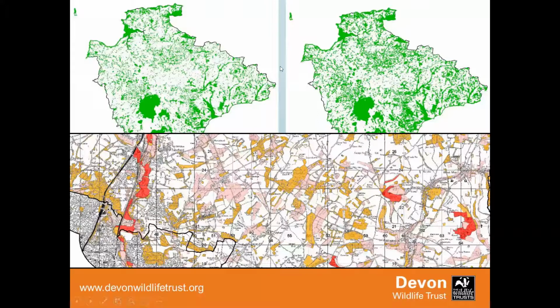The map on the top shows the difference if we add an additional 13% of land of species-rich habitat from the map on the left, which is our current existing habitat, to the map on the right. And it shows the huge amount on there just in buffering our existing sites. But the way we do that, we've got places across the country that have done what's called ecological network mapping and opportunity mapping and things of that sort. And these light colours here are where new habitat might go in, while the reds and the oranges are where existing habitat is. And it's about linking up and getting the best benefit.